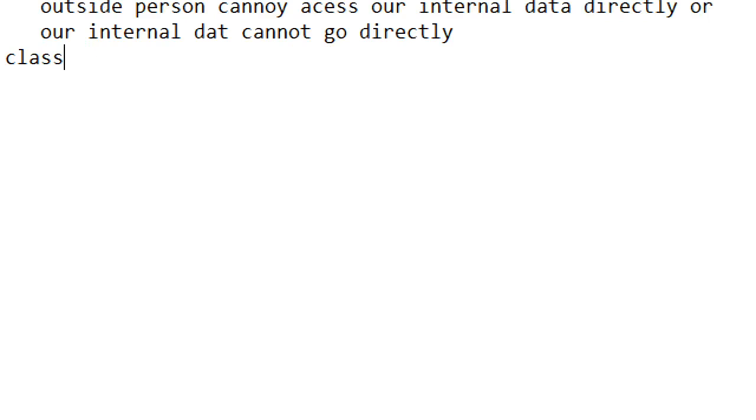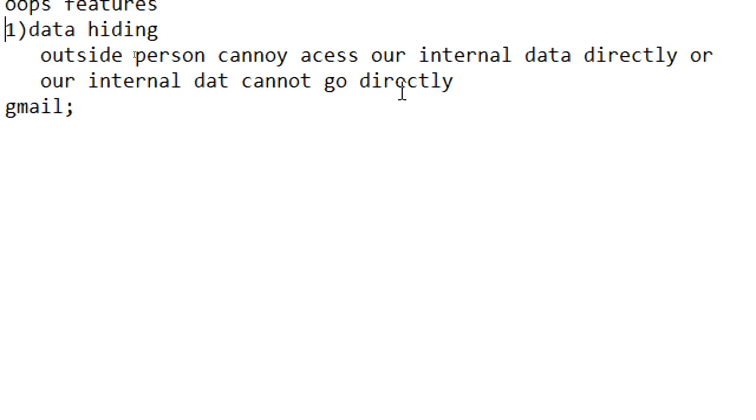First example, as you know, with the Gmail example I take first. In Gmail, all persons have their own data, the inbox. For seeing the inbox, first we have to validate. Without validation we cannot access this data directly. After proper validation we can access our inbox. If we validate, then we can access our internal data.